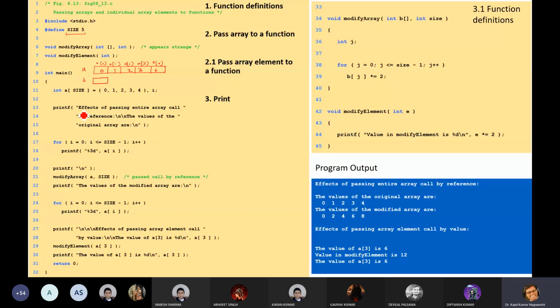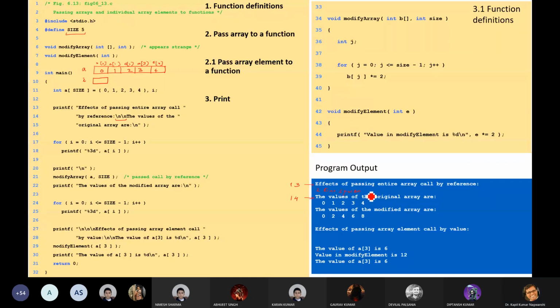Now this particular line, up to by reference, will appear like this. This is our line number 13. Now come to line number 14. Line number 14 also appears, and due to the two \n there are two lines of spaces, line 1 and line 2.